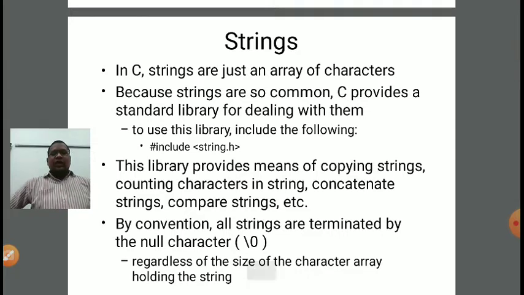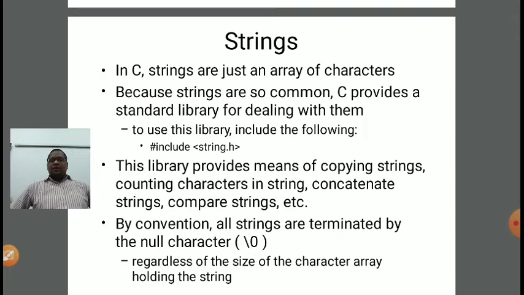Every topic I will be explaining to you under three subtopics. First, what is that particular topic, why we are using that topic, and how to use that particular topic in C programming. So the first point: what is a string? A string is basically a collection of similar data type, meaning a collection of character data type. Now in a string we can use various characters.